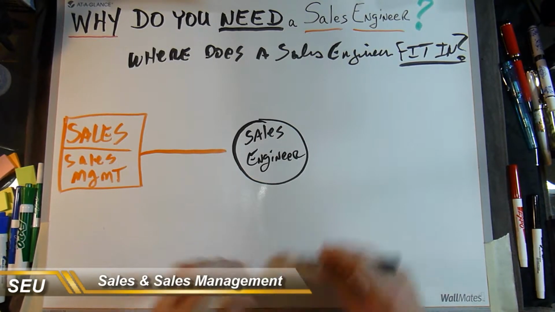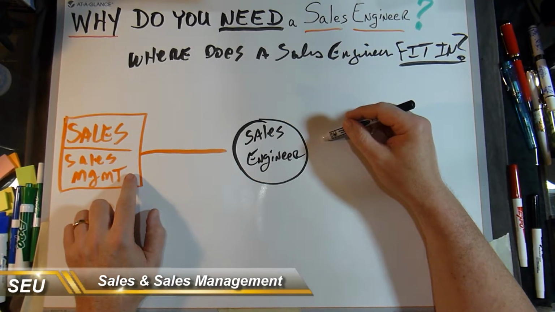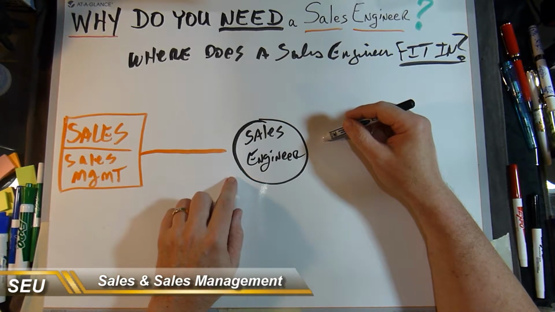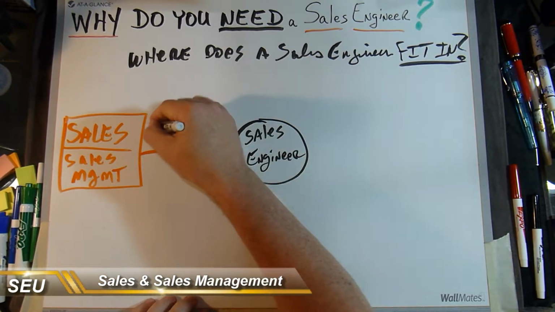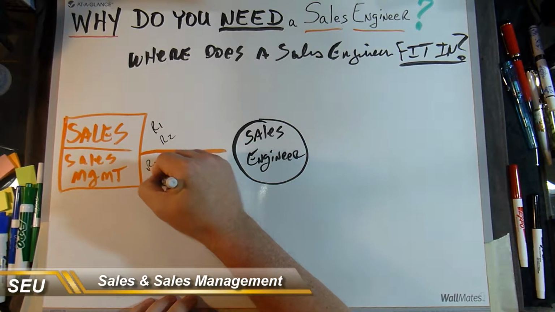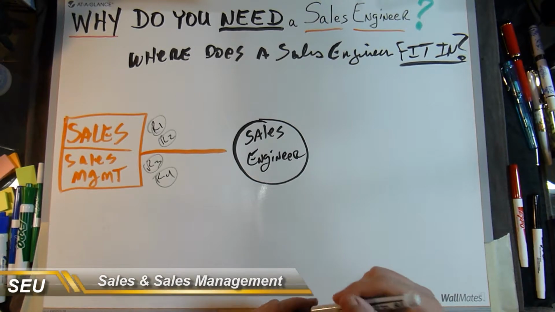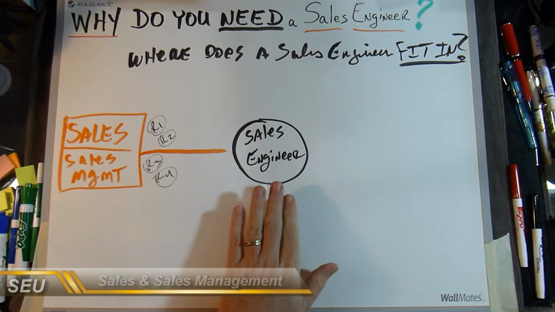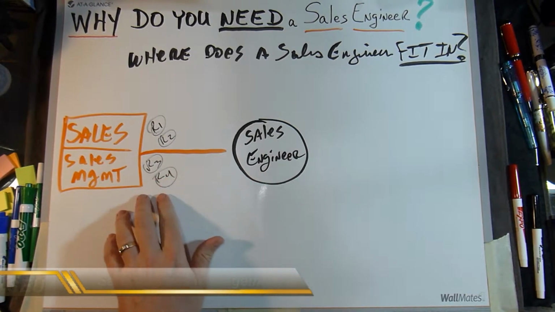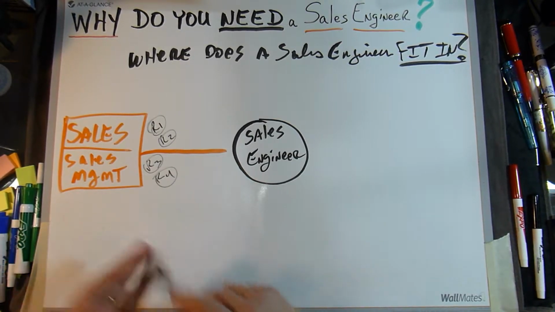One of the things that we do that concerns management, and the reason I put sales management here, is because we are the consistent factor in the sales team with several sales reps. You could say Rep 1, Rep 2, Rep 3, Rep 4. Each one of these reps has different characteristics, different histories, different skill sets. We work with sales management to create opportunity for the reps to grow. We might give feedback to sales management.